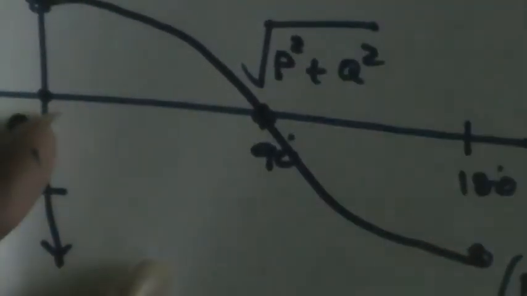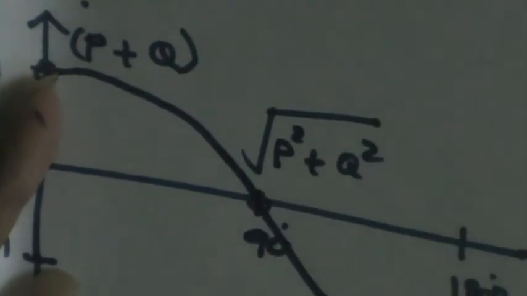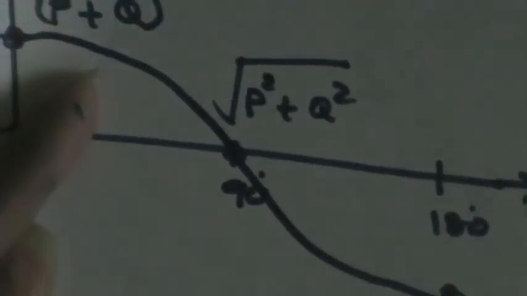So if you have some plane like this and an object like this, if you take 0 degrees here, the maximum angle you can take is 180 degrees. You can't go beyond that. So this will be the only curve you will observe for an object on a plane. The maximum force that you will experience is when the two forces are in the same direction, so R equals P plus Q, and the minimum force will be when the two forces are in the opposite direction, so R will be P minus Q.